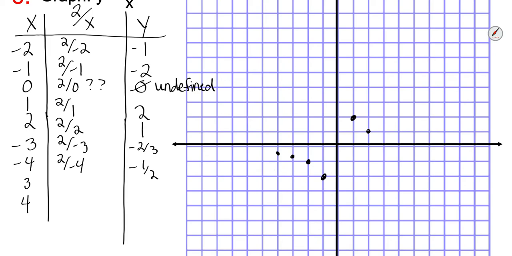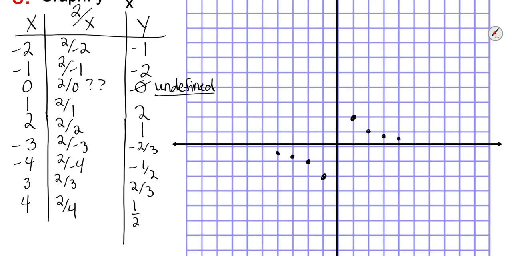So let's do the same thing with the positives. 2 over 3, you get just 2/3. 2 over 4, you get 1/2. So you can kind of see the same thing happening over here. We got 3, 2/3, 4, 1/2. So we have that same kind of curve going on over here. All right. So when we run into these reciprocal functions, it might be necessary to plug in more points, but